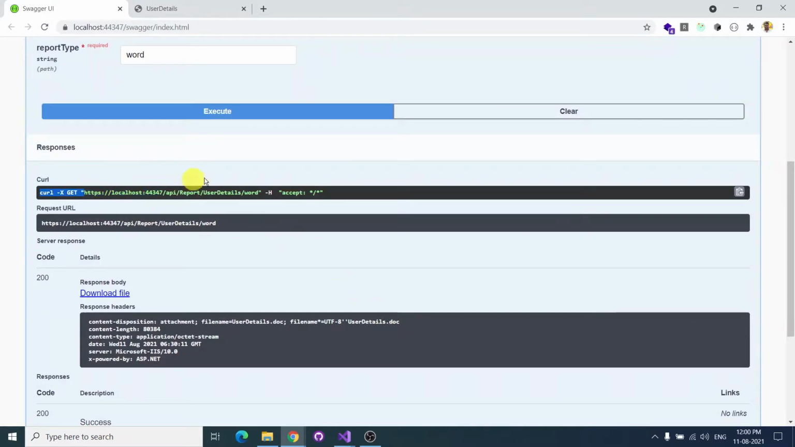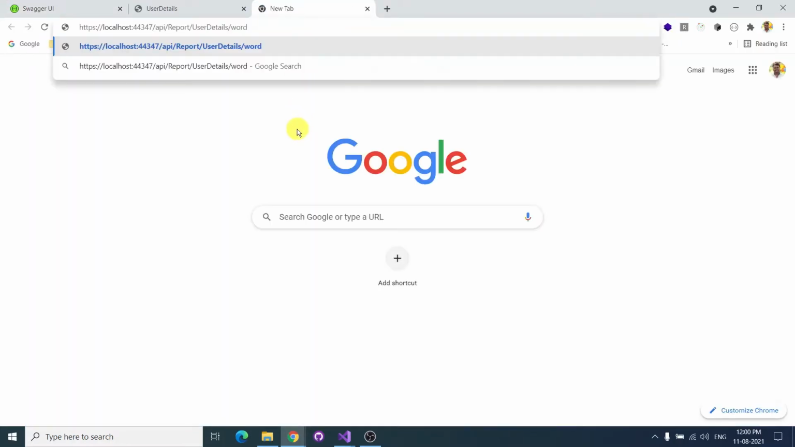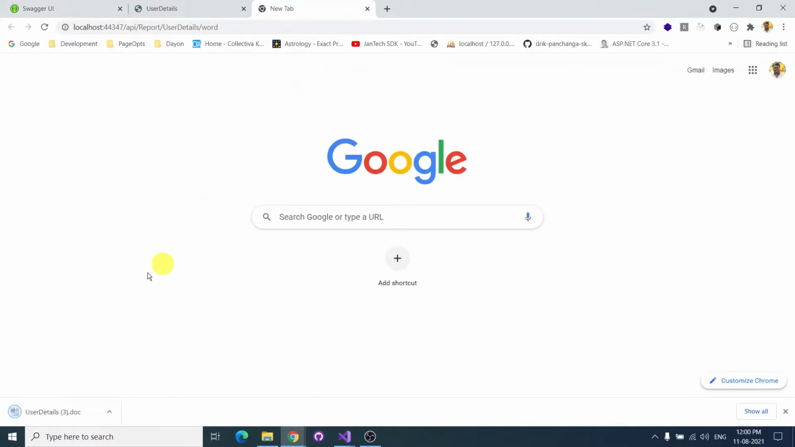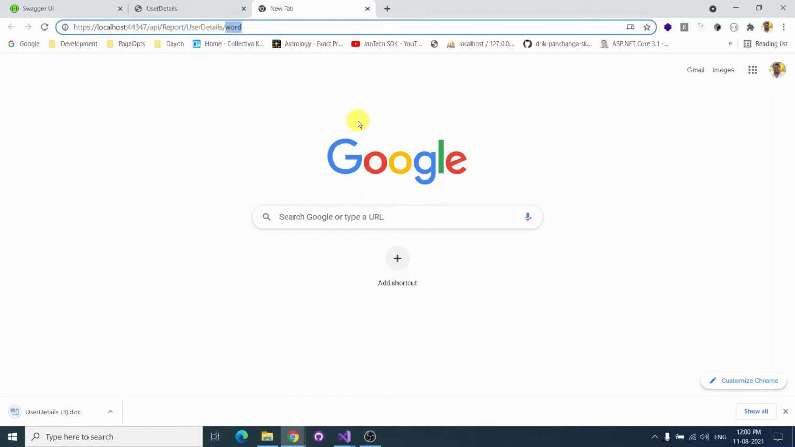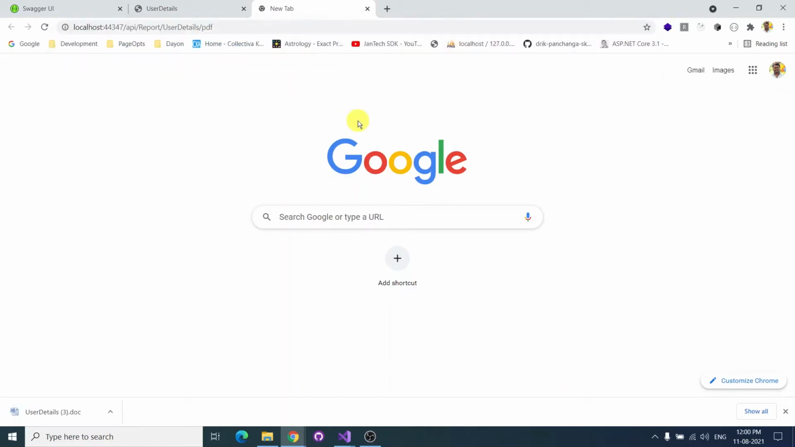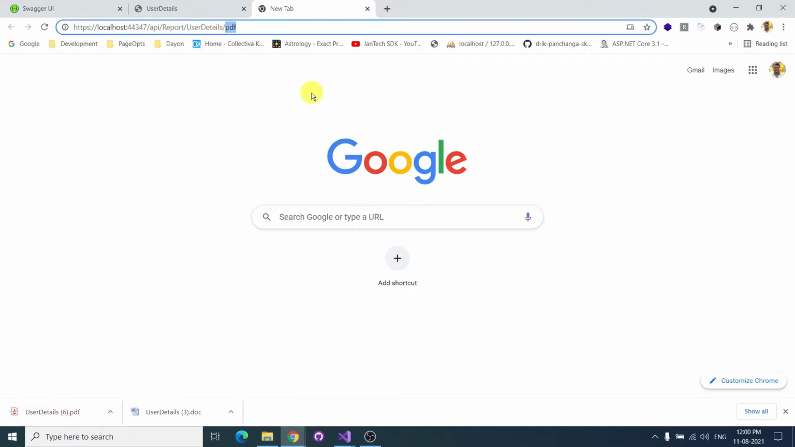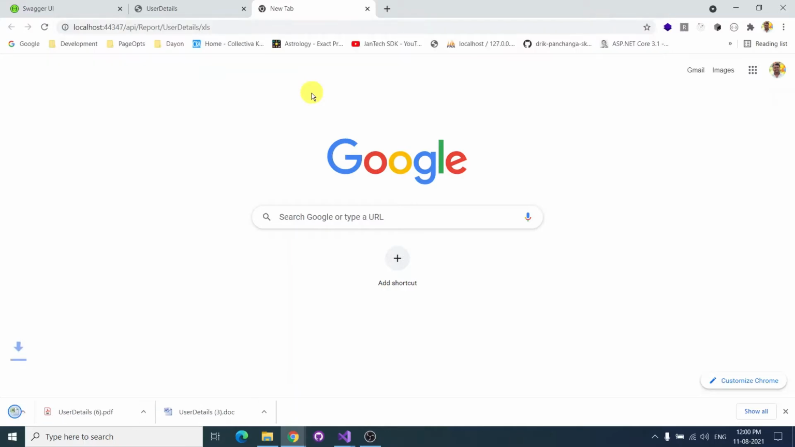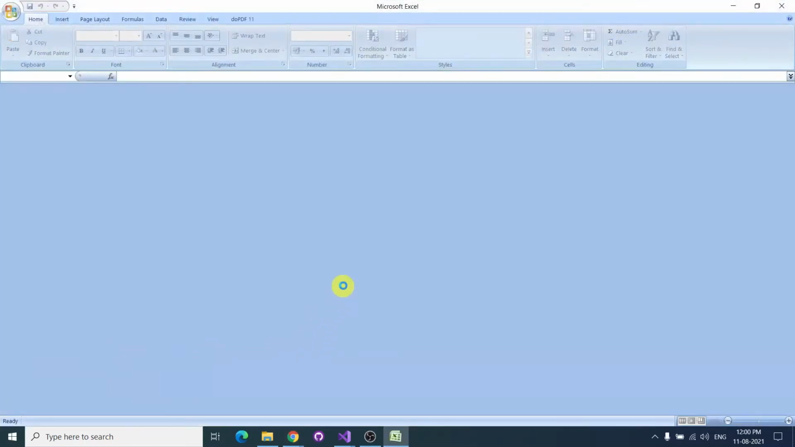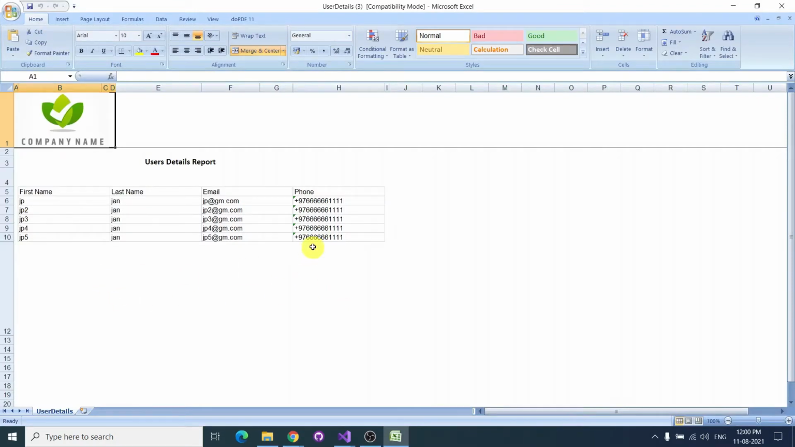So I took this URL and I can paste it over here and I can download it in the format which I wanted, PDF, and it will be returning me the PDF file. And if I put XLS, it will be returning me the XLS file. And if I open and see the same output, whatever I have provided, everything will be there